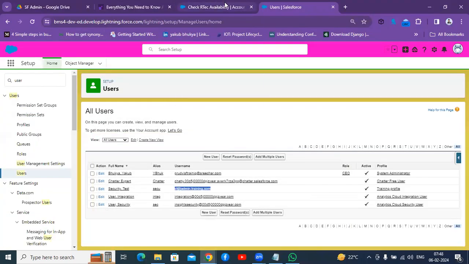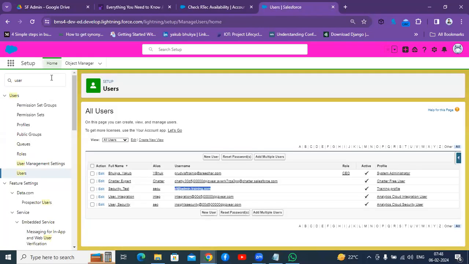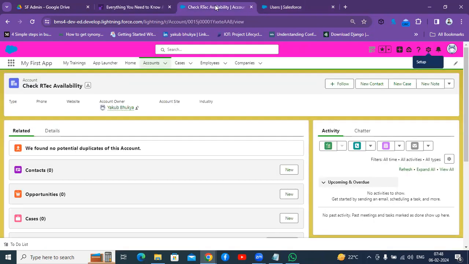Clear on this one? From where we provided access? We provided only read-only, right? No editing can be done. Yes, we'll see that. Where we have the incognito tab, we have to open it now.